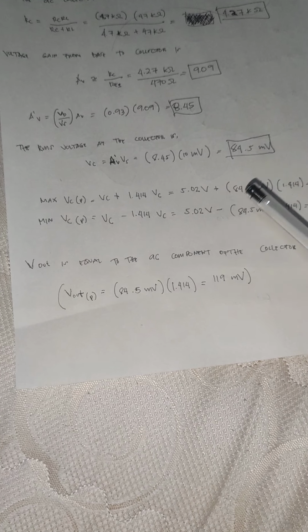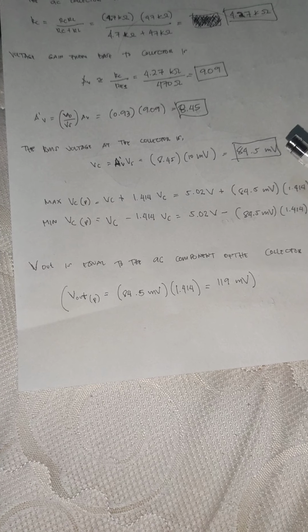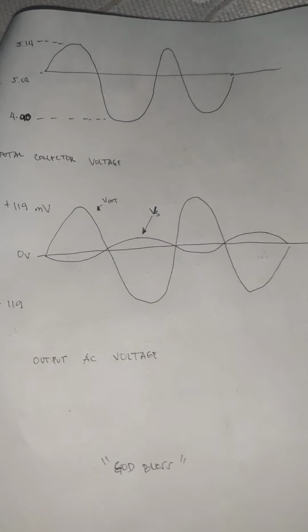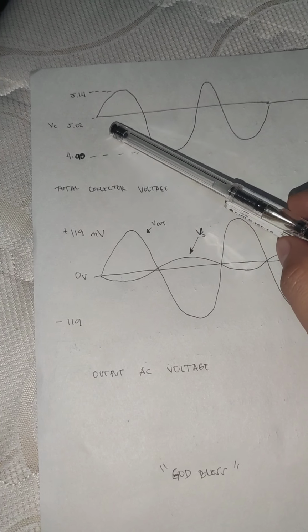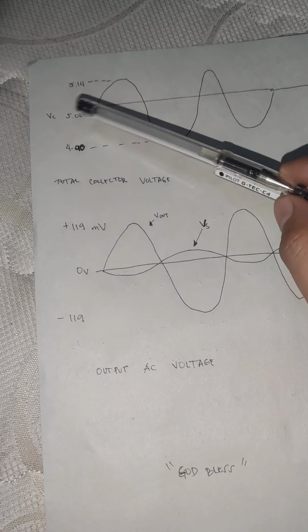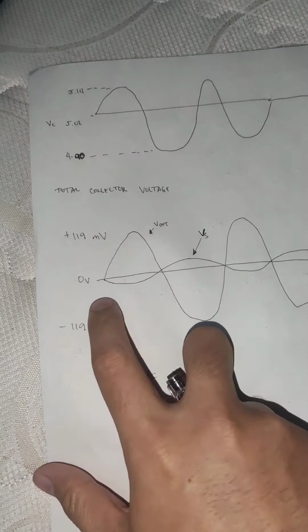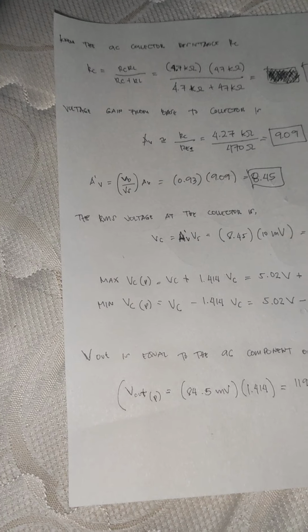So ang akong V out is equal to the AC component of the collector voltage, which is V out is equal to 84.5 millivolts times 1.414 is equal to 119 millivolts. So ang ihatag output is kini. Total collector voltage atong VC kay 5.02, tapos kani siyang 4.90 o 5.14, which is dali na to siya nakuha, kani iyahang maximum og